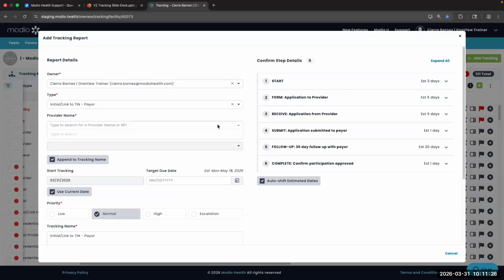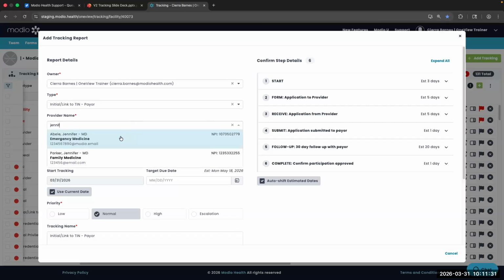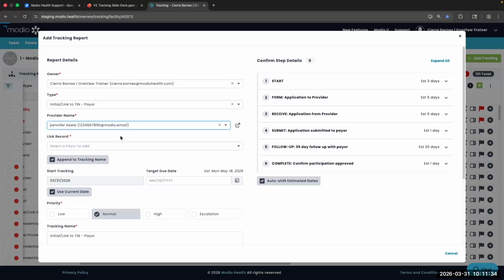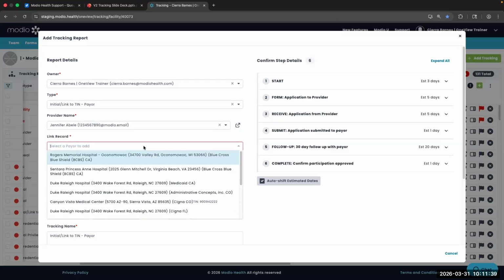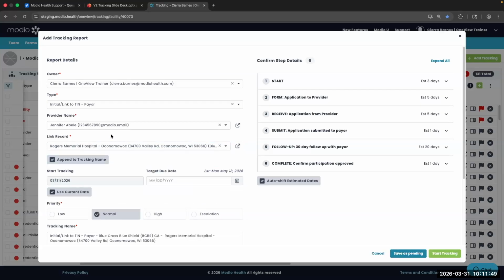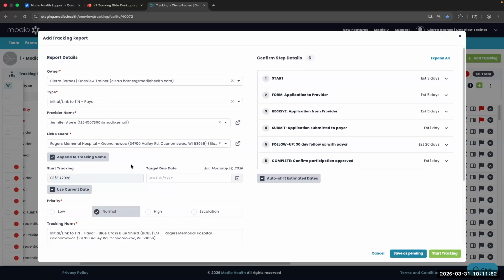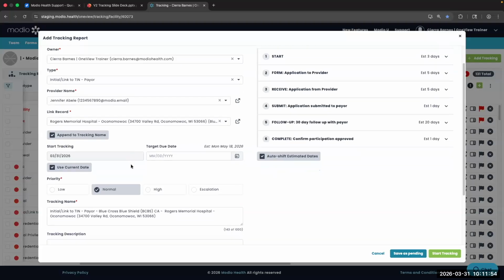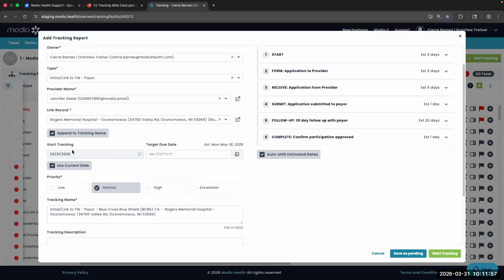Next, you need to put in a provider name. So you can go in and choose your provider. You can type their name, NPI, whatever there. So because I've selected a payer record, I do have to go in and select a linked record. So I'm going to just go in and choose one here. And there we have it. So continuing on down, we have our start tracking. Now this auto populates to today